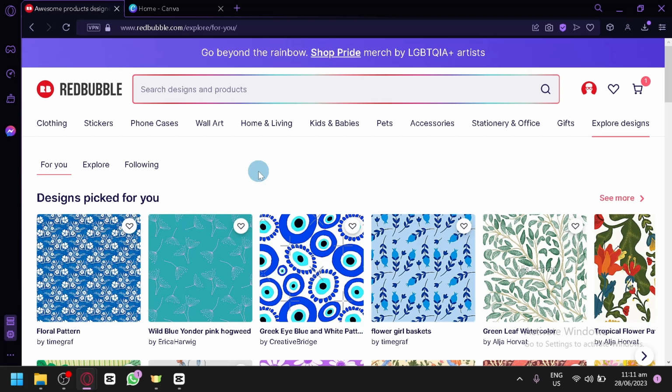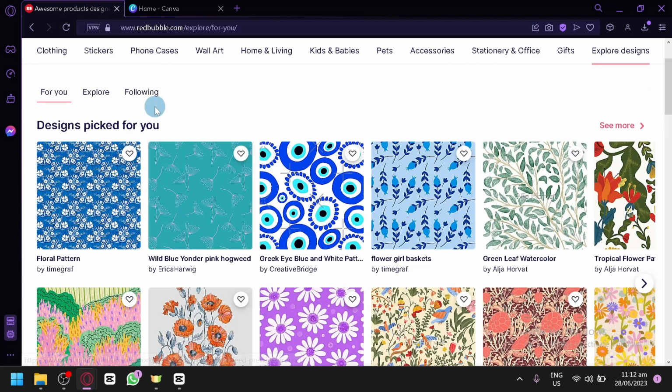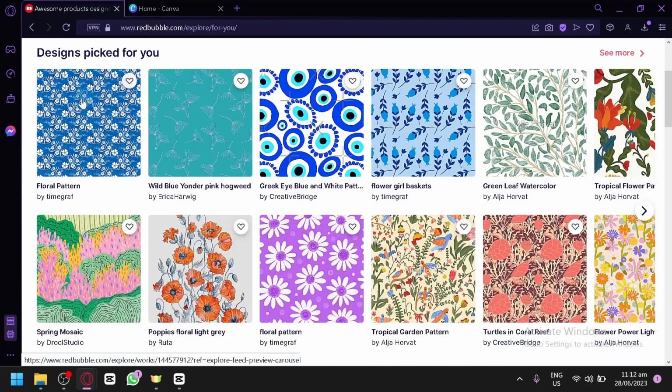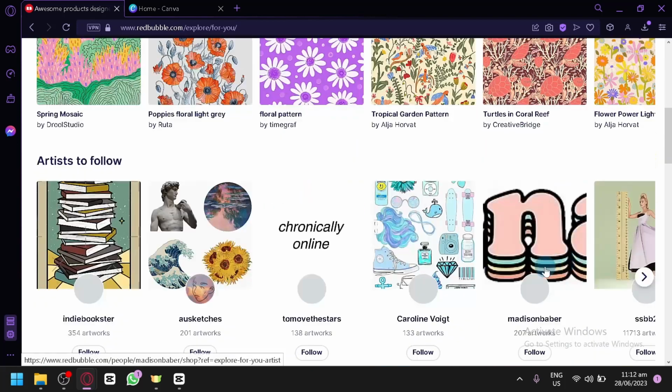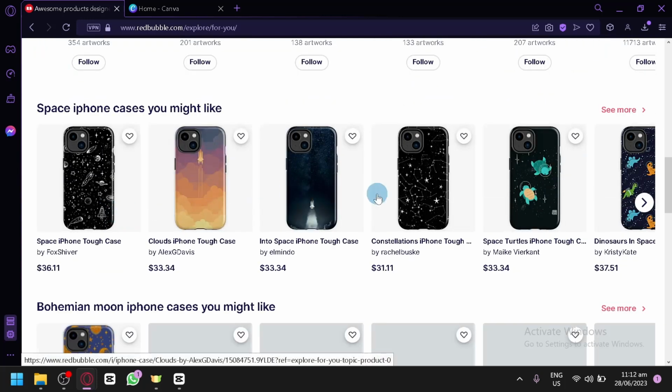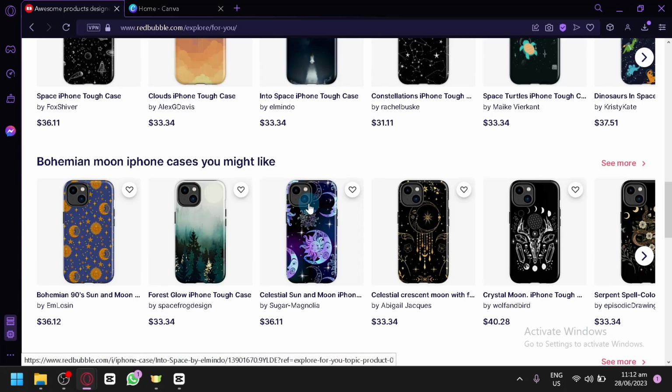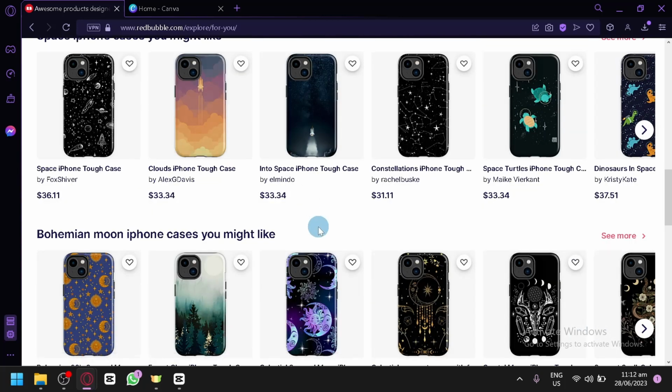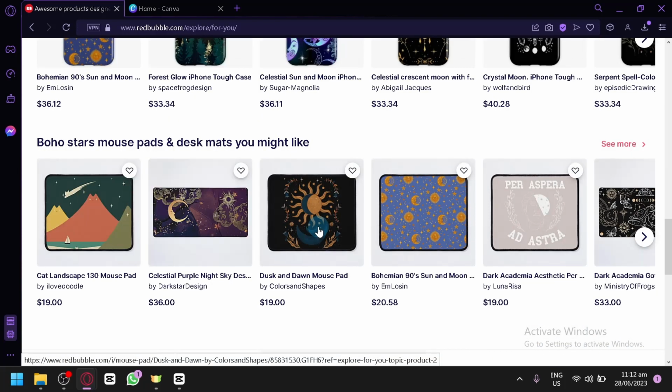Let's dive right in. Now, as you know, in Redbubble, you will be able to start selling your own digital artwork or even traditional artworks by simply uploading it to your store. As you can see here, there are also other people doing this. For example, over here, you have different designs from different artists that are using digital designs. As you can see here, Redbubble mostly offers digital and creatively created artworks, and you can start selling them on different